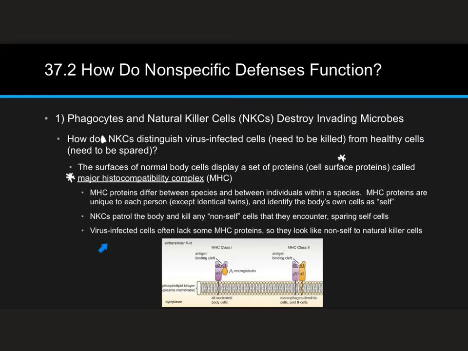And so we noticed that natural killer cells didn't go engulfing these cells. They went near them, your formerly healthy, but now infected cells, and released basically toxins that destroyed them. Well, how do they know that they're bad? Well, infected cells often lack some MHC proteins, so they look like non-self cells to NKCs. Okay, so when they get infected, your body cells start losing some of the correct MHC markers, which means your natural killer cells stop recognizing it as self and see it as non-self,